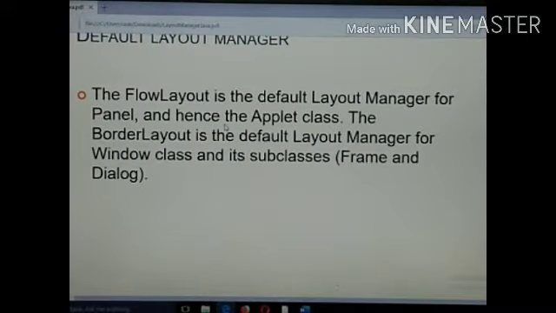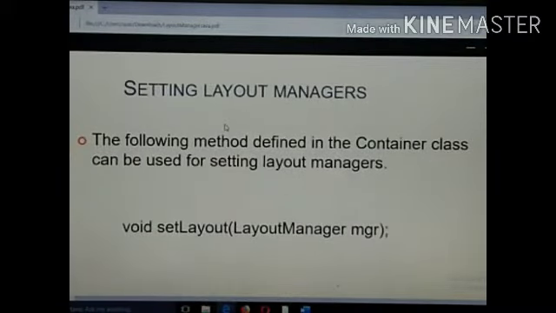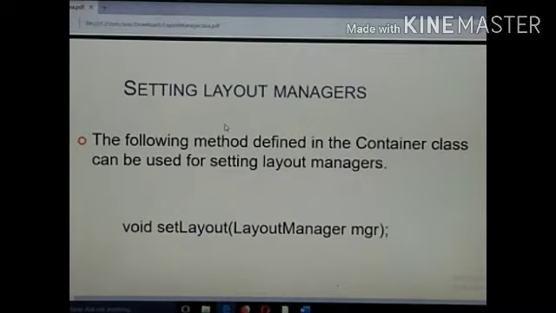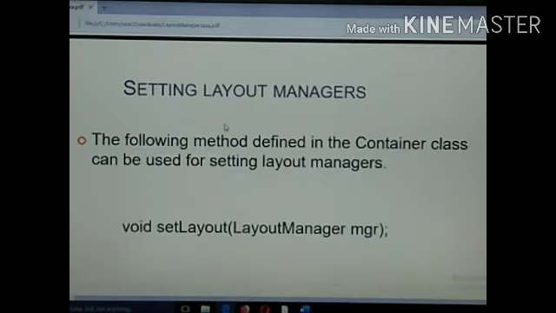Border layout is the default layout manager for the Window class and its subclasses, that means Frame and Dialog. JFrame or Frame is a heavyweight component and border layout is the default layout for it. Setting the layout manager: the general format is void setLayout(LayoutManager object).